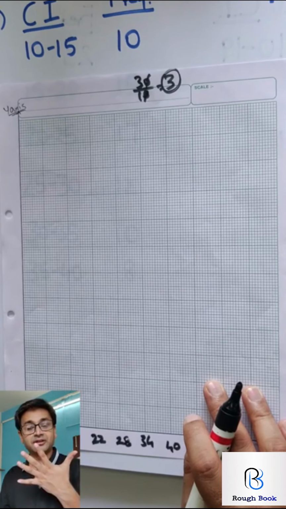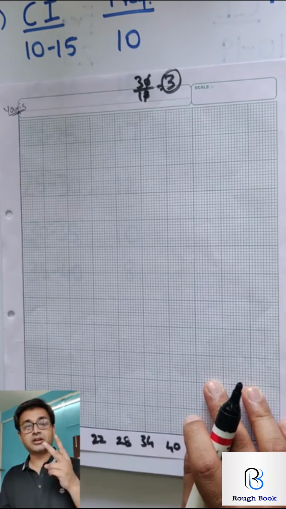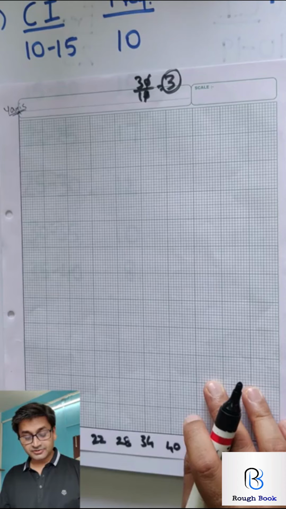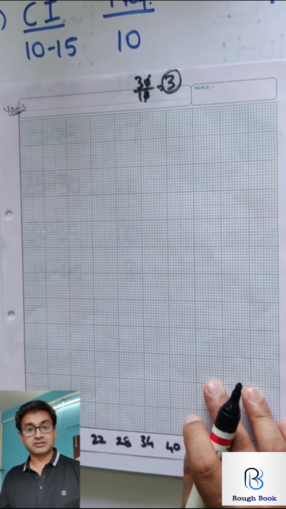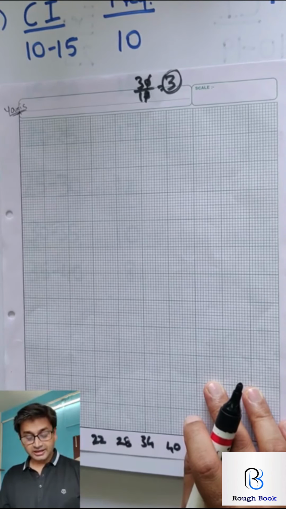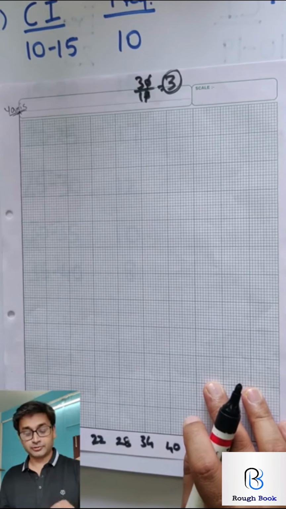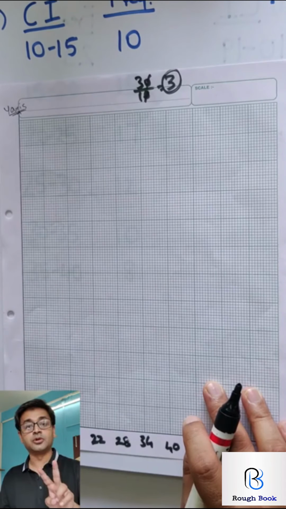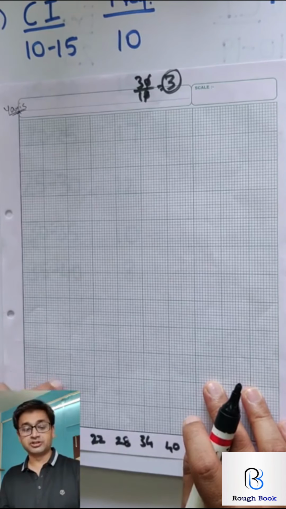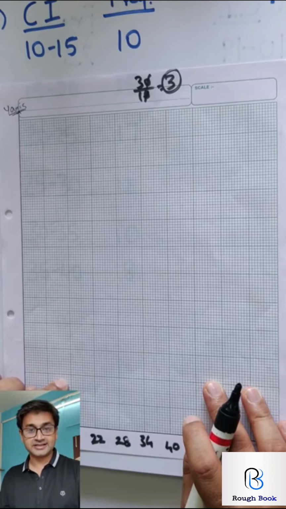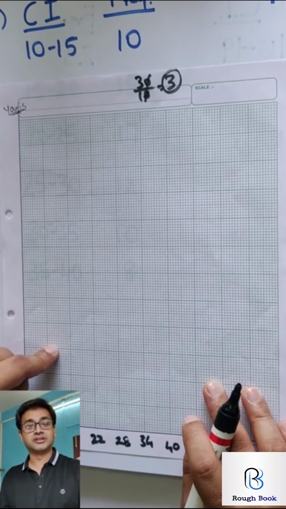So can we take 5 then? You should always try and take 0, 2, 5, 10, because then it becomes easy to bifurcate these inner lines. Are you able to see the inner lines? And each box is a 2 by 2 box. So if you are using a graph paper which is 2 by 1, it is a wrong graph paper. You are supposed to use a graph paper 2 by 2. Not wrong as such, because board is using this, the standard graph by ICSE. Therefore we need to stick to this graph paper.